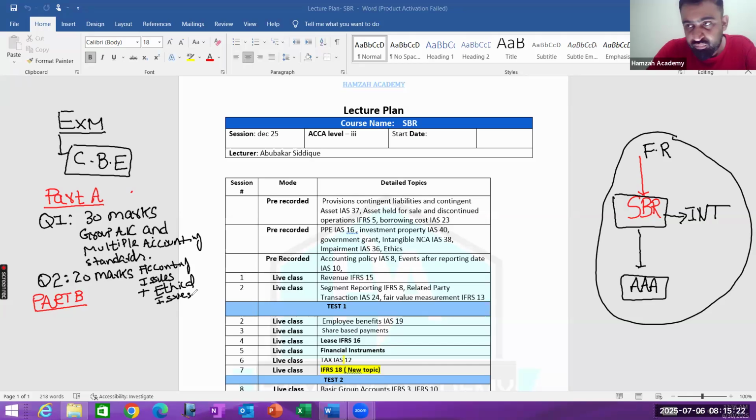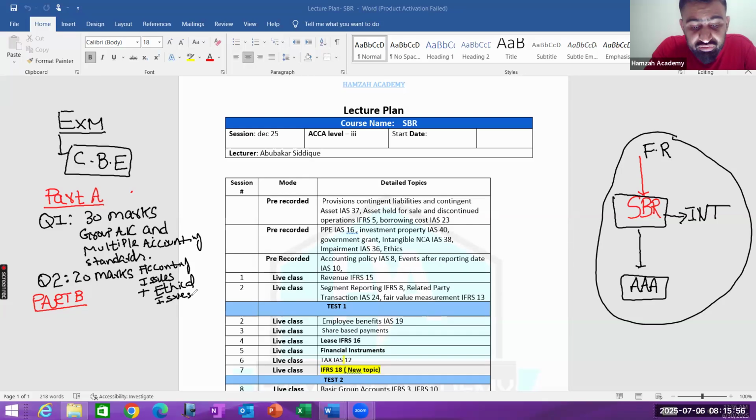But in SBR, the situation would be a bit different. There will be calculations, there will be numericals, but I would guess that would not be more than 20% of the paper. In my opinion, that would not be more than 20%, maximum 25 to 30%. So 70 to 80% of your exam would